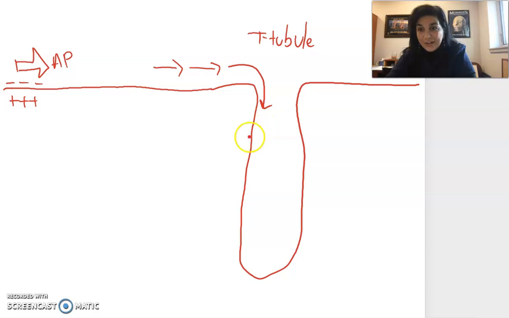And I describe this as like a roller coaster ride. We have this depolarized membrane that is generated as this is propagated down the membrane here. So the action potential propagates down the membrane, and down here, if you remember